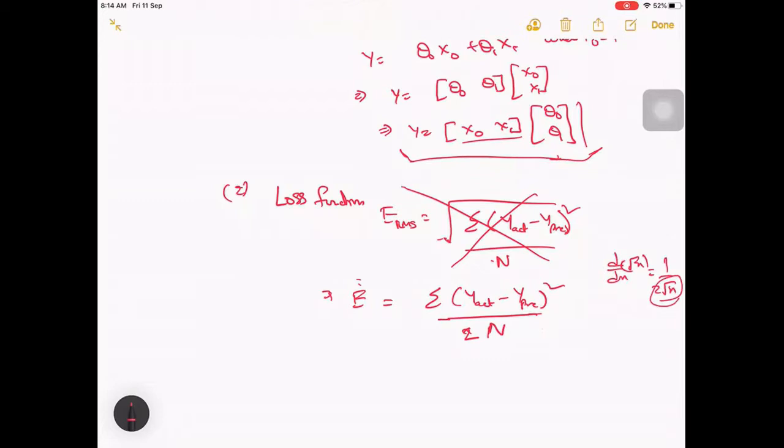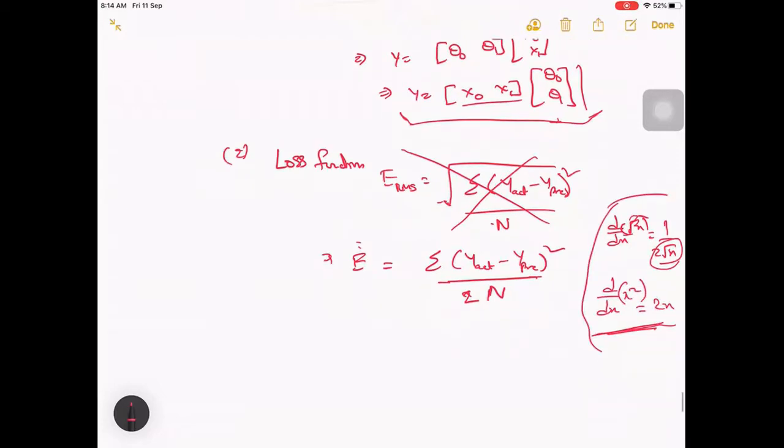But we are targeting a simpler function once the derivative is done. So we are removing the root and doing it only for x square, where the derivative will be 2x. For this kind of flexibility, we are moving to this loss function here.